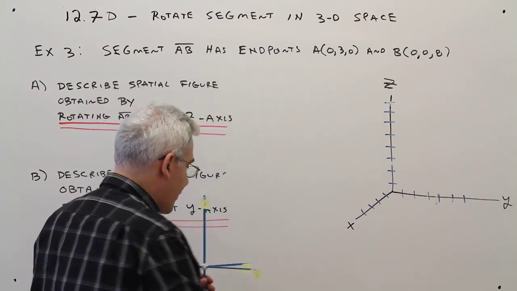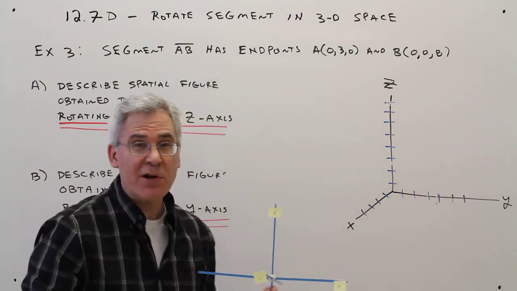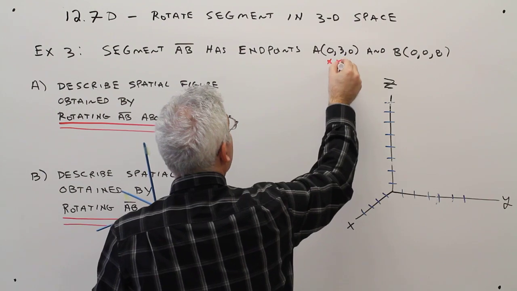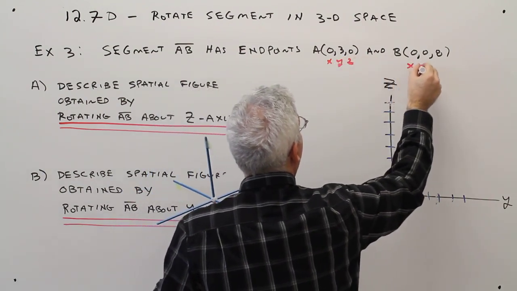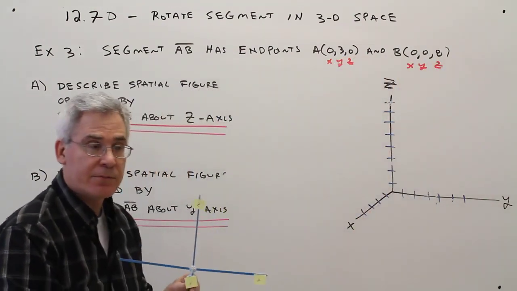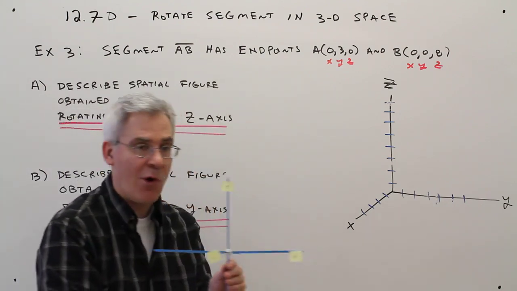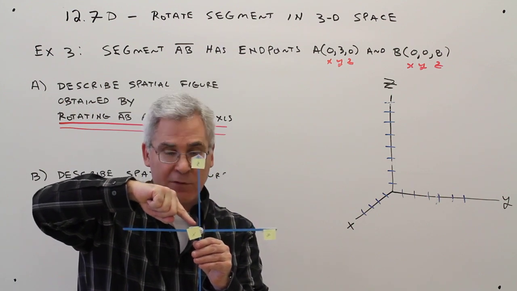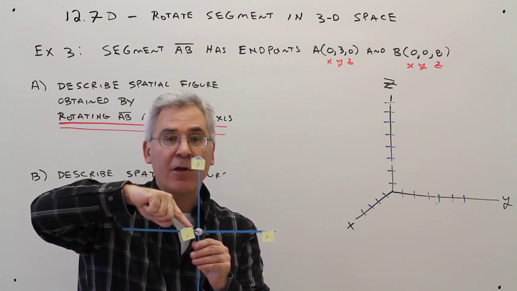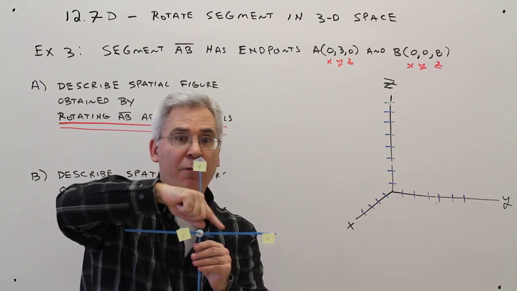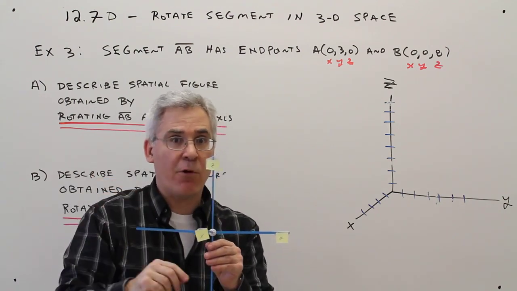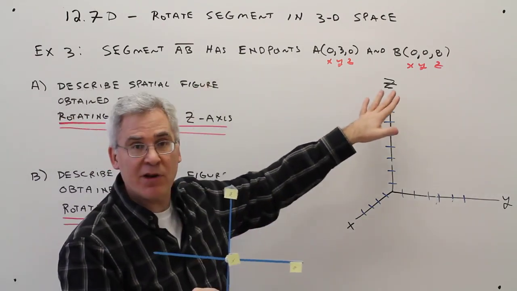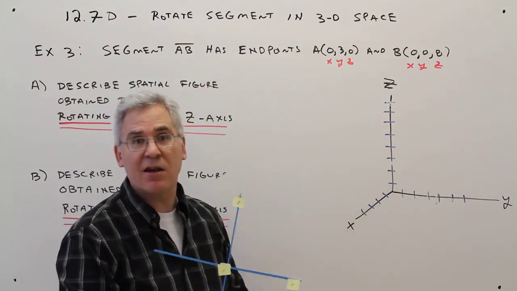All right, so as far as coordinates, now we'll have an x, y, and a z component, and it goes in order: x, y, z. The way that you plot points is you start at the origin. First, you go the x coordinate. From there, you go to whatever the y coordinate is. From there, you go to whatever the z coordinate is. Okay, so let's see if we can first plot this in three-dimensional space and then rotate it and describe the